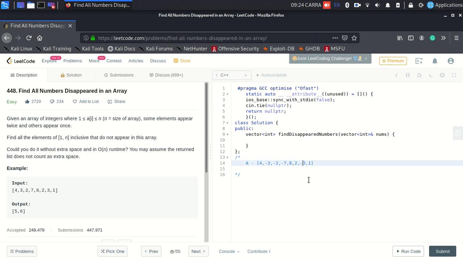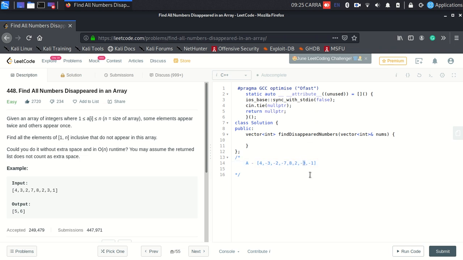So this is -3. 8, do I have an 8th index? Of course I have an 8th index. I'll make it -1. 2, do I have an index 2? Yeah, I have index 2, of course. Good. I have already marked it negative, so I'll not touch it because it's already been marked. If I again do the negative of it, it could become positive again, and we don't want that. We want the flagged indexes to stay flagged, okay? I don't want to unflag those indexes.